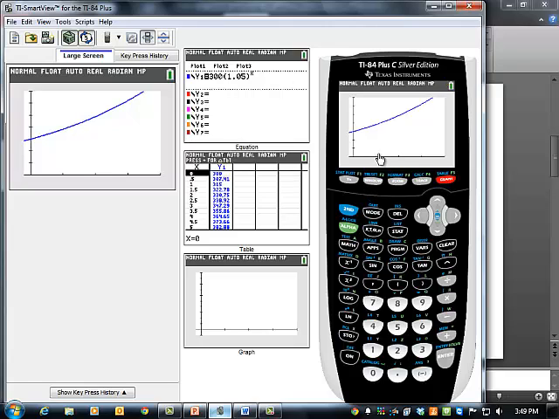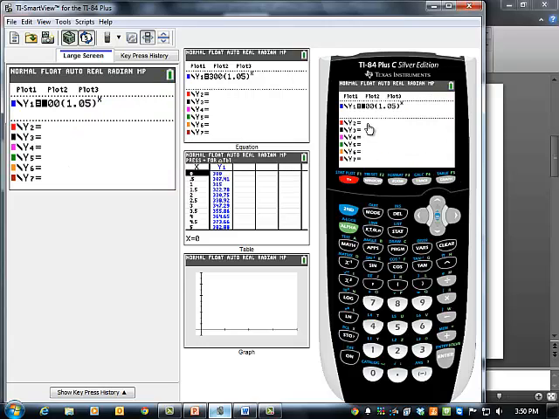All right, there it is. Now the question we had on the problem, it says, how long will it take for it to make $600? Well, if it starts at 300, we need it to get up to 600. So what is the x value there? The easiest way to do that is to draw a horizontal line where y is 600 and see where it intersects this curve. The way to do that is to put in y equals, put in your next equation down,